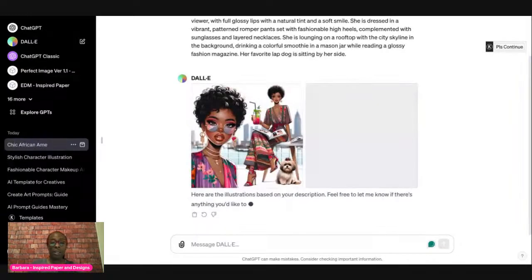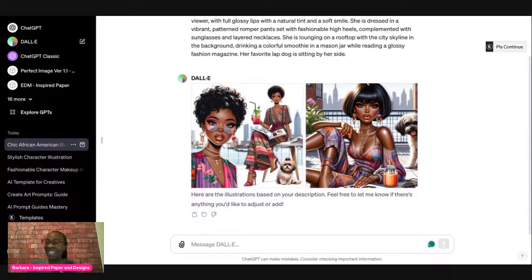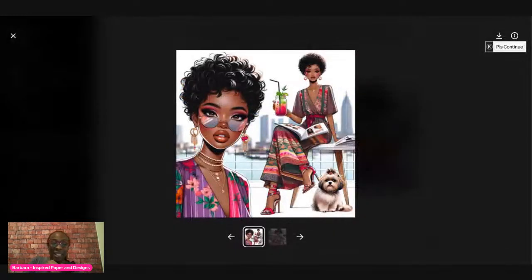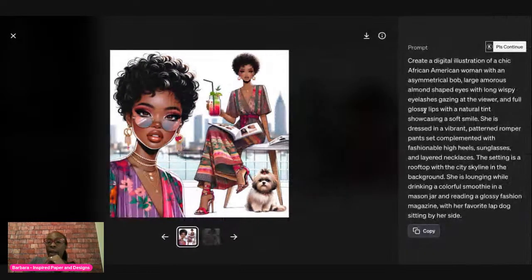Oh my gosh. I like this. I know it's taking a second for you guys to see it. So what are we thinking? This is the first one. And for those that may not know, if you go over to where the lowercase i is and click on that, it'll give you the prompt that was used to create this.